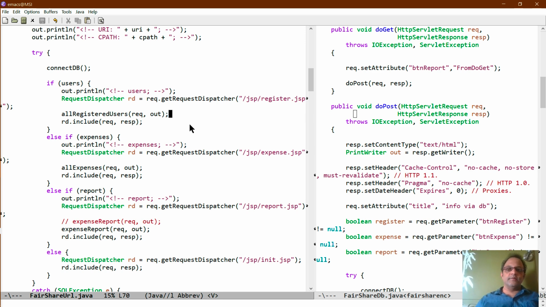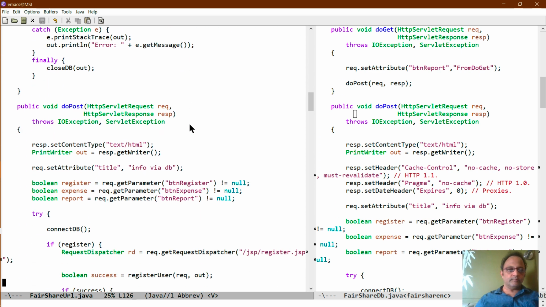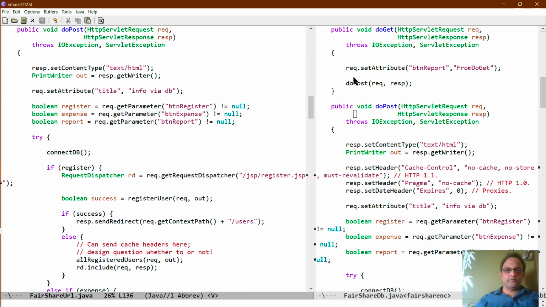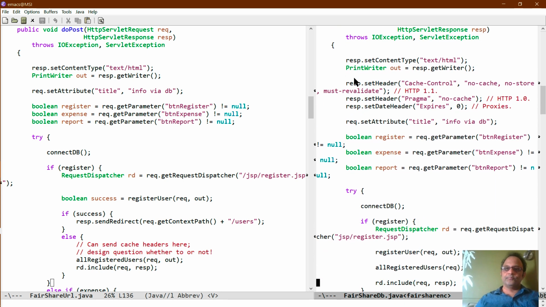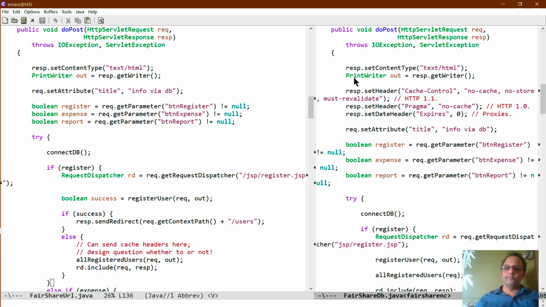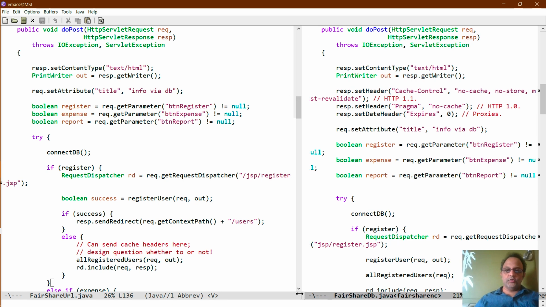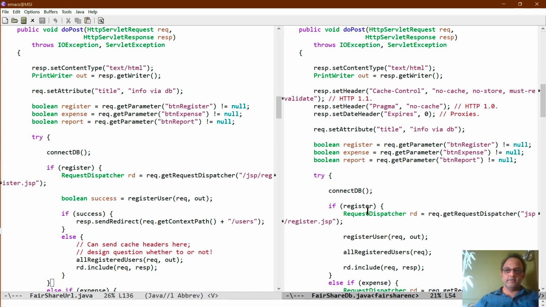Let's take a look at the difference between the post methods in these two cases. So here is post from Fairshare URL, and here is post from Fairshare DB. As before, we analyze buttons. The analysis of the buttons is no different in the two cases.